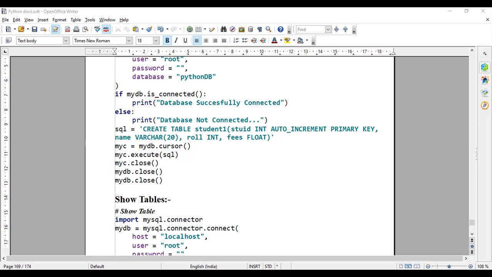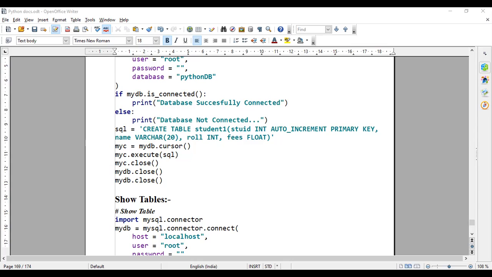So run this code again, and yeah, database successfully connected and created one table. It is not shown, but it created one table.